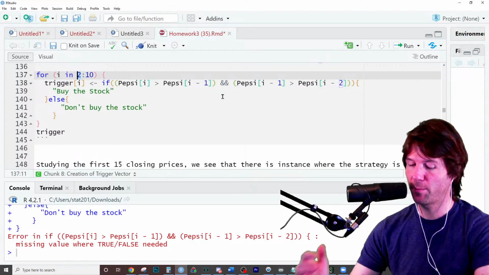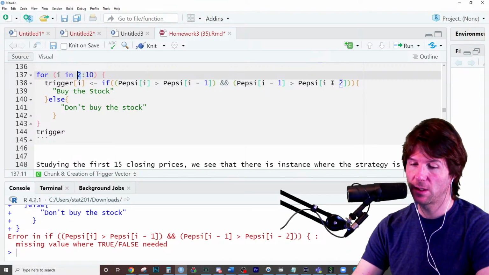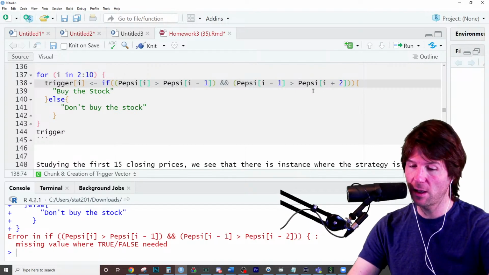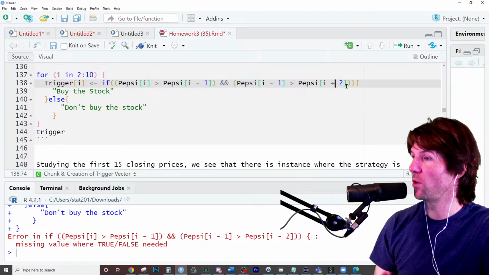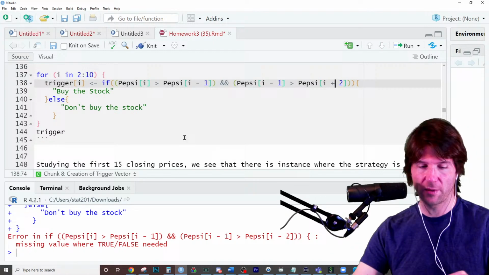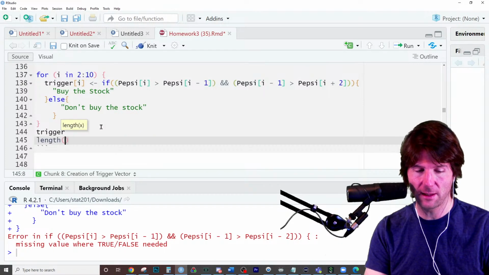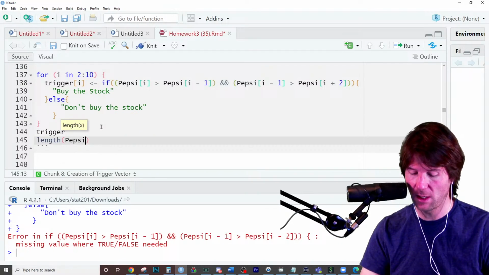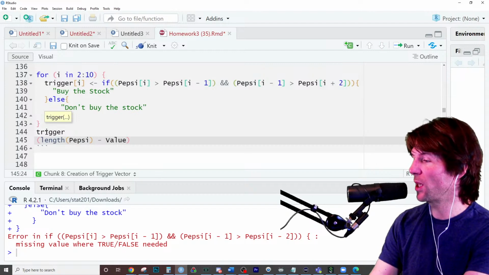So now since you're doing I plus, that means if you go through the length of the vector, then you'll be outside of it at the end, because if I go to the length of the vector right here, this is the length of the vector plus 2. There is nothing outside of that. So you actually want to end your loop a little bit early. Does that make sense? So you want to do something like, I'm not going to tell you the direct answer, but you want to do something like length of your Pepsi object if you're doing Pepsi, and then you want to evaluate minus a value. I'm not going to say what the value is, but you want to stop it a little bit early.